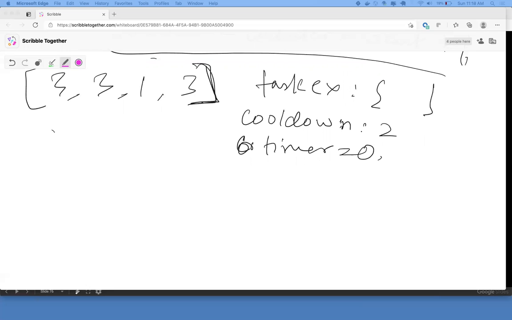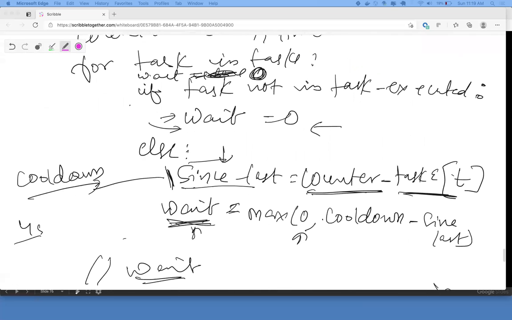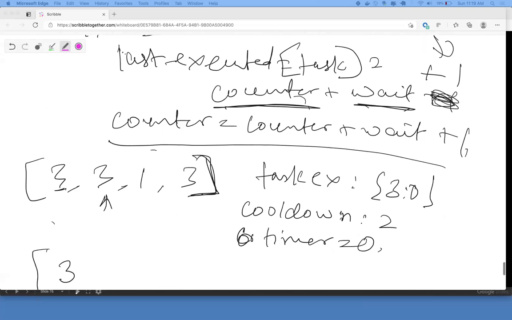Now we first go into 3. If 3 is not there in the task executed, we can put 3 and 0. Now next we come here. Now if the task is there, now we calculate what?